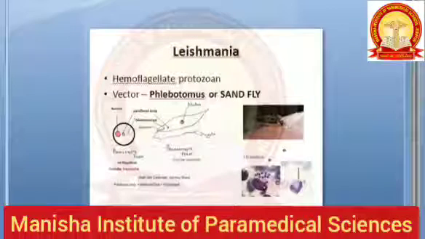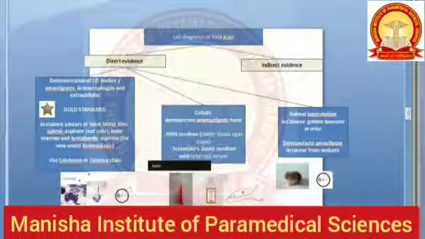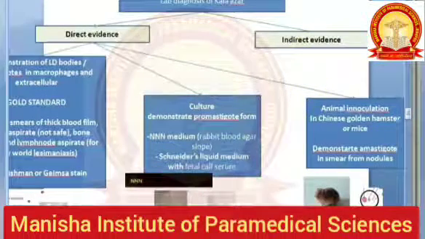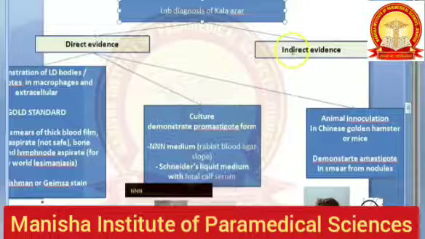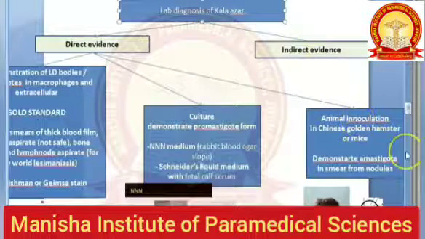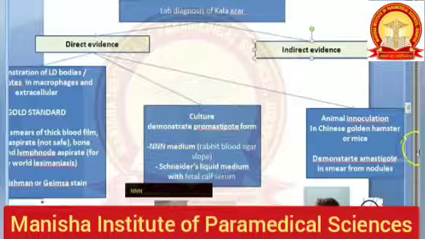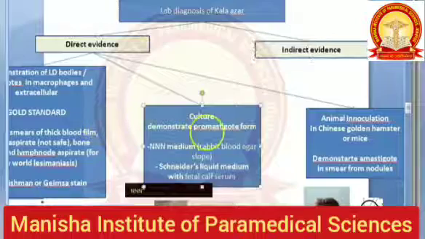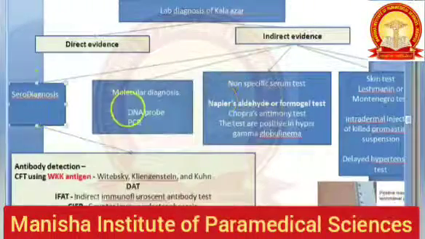In this video, we want to look at the lab diagnosis of Kala-Azar, that is visceral leishmaniasis in the old world. So there is direct and indirect diagnosis. These are the three things that we will study under direct. In indirect, you will again study a lot.